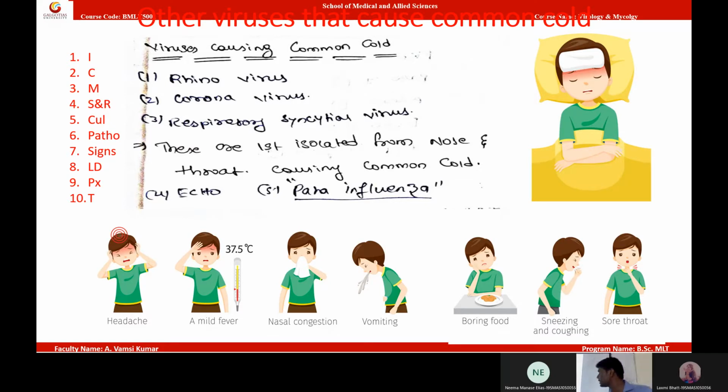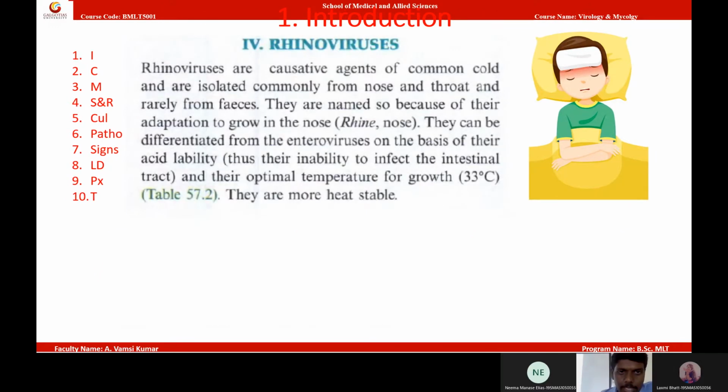These are the viruses that will cause common cold. Interestingly, even coronaviruses are common cold viruses, but this variant is slightly fatal. Anyway,